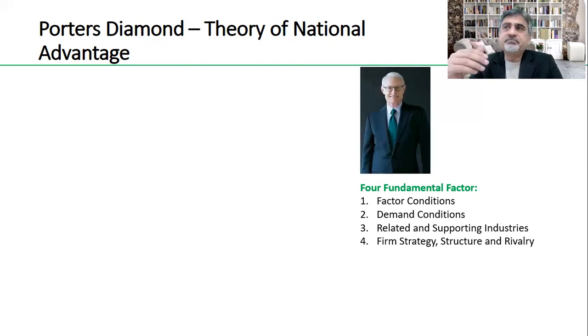Factor conditions: we know land, labor, and capital are the factors. But then he divides them into basic factors and advanced factors, or you could call them unspecialized factors and specialized factors. Basic factors include raw materials and labor, and then you have skilled labor and unskilled labor. Unskilled labor is the basic factor and skilled labor is the advanced factor. Similarly, you have infrastructure, facilities, power, and energy. So what are the available resources? Factors are the resources which are needed to produce some goods or services.